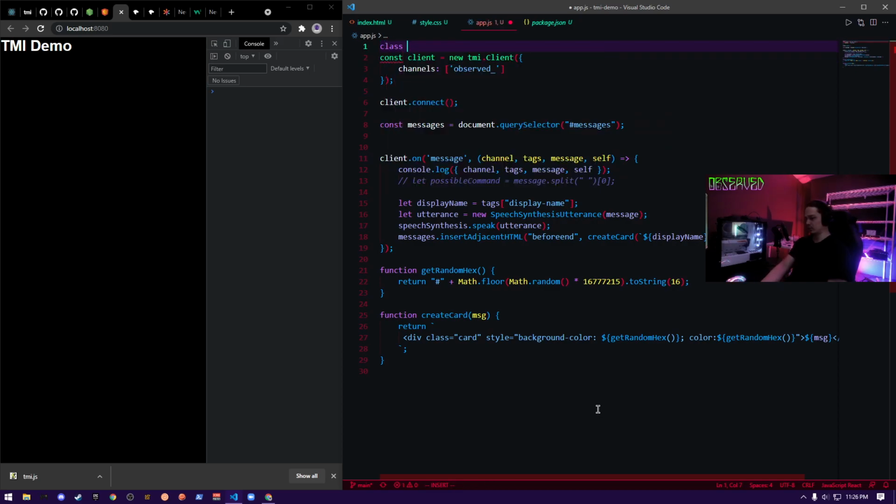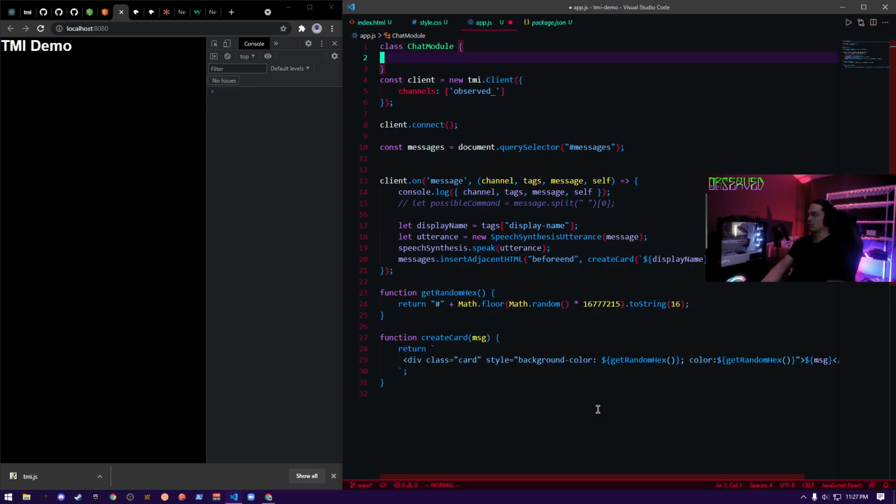Class, and we'll call it chat module. Then what we could do is have a constructor here. What are the things that we need here?